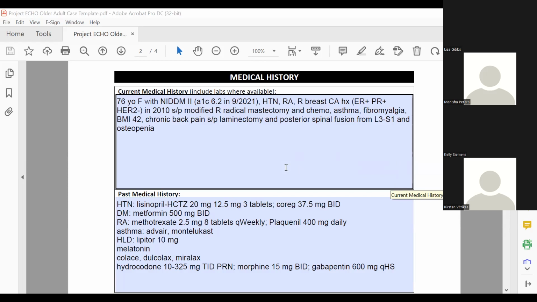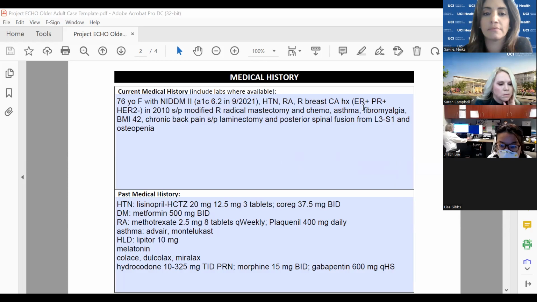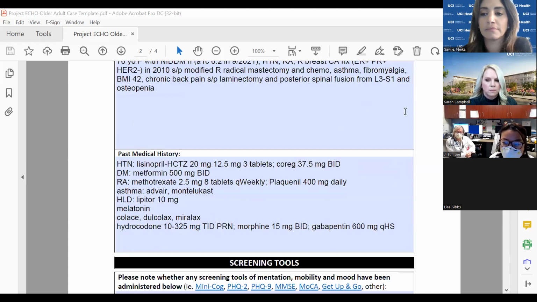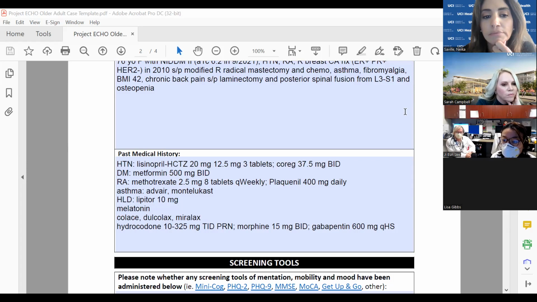So I'd like to share with you the medications that she's on. For hypertension, we were commenting on the very odd regimen for blood pressure. So lisinopril, hydrochlorothiazide, 20 milligram and 12.5 milligram combo. That is 3 tablets, as well as Coreg 37.5 milligram BID, which we've noticed is such an elevated dose. And then we also have diabetes controlled on metformin, rheumatoid arthritis, for which she's on methotrexate weekly, as well